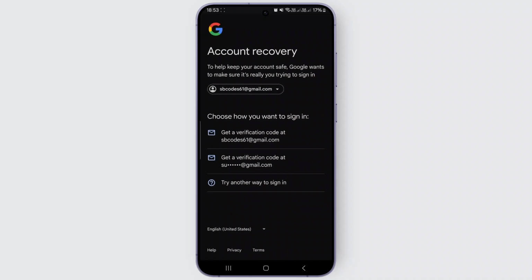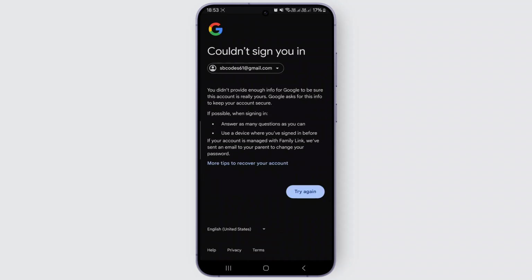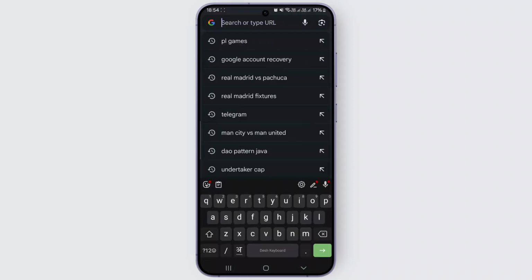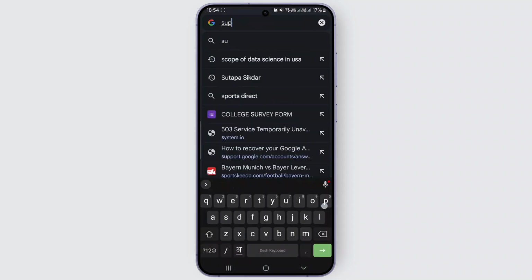And again, if you don't have any other access to Gmail, then you can simply click on try another way until you find this screen here. Then after this, click on a new tab in the Google menu and simply type